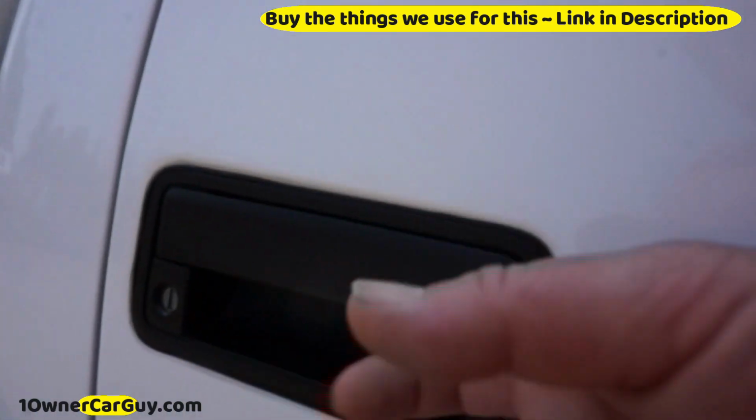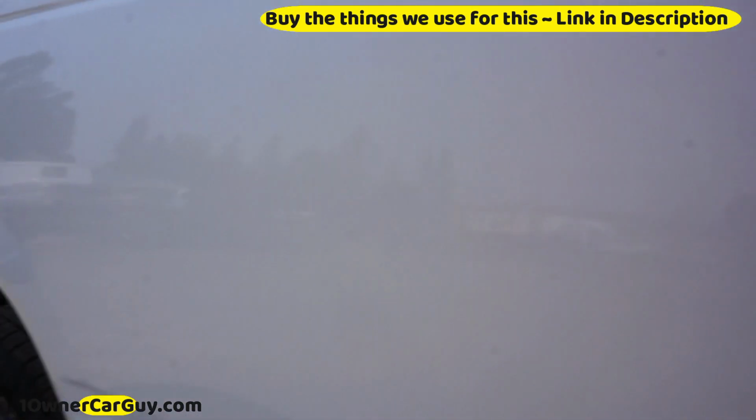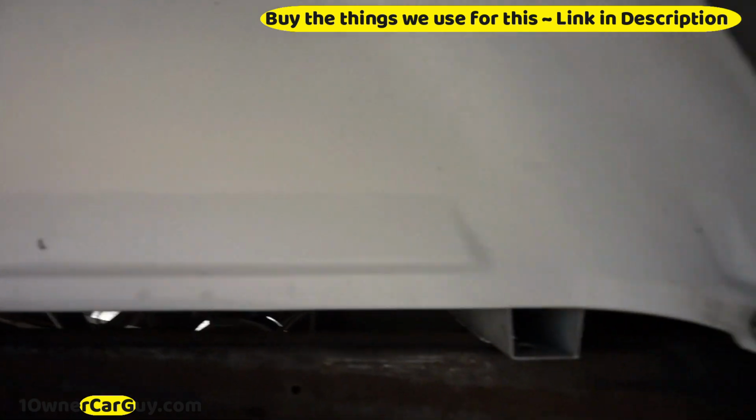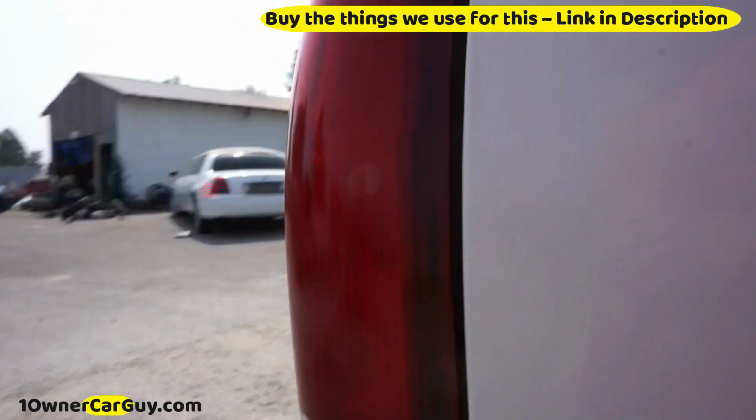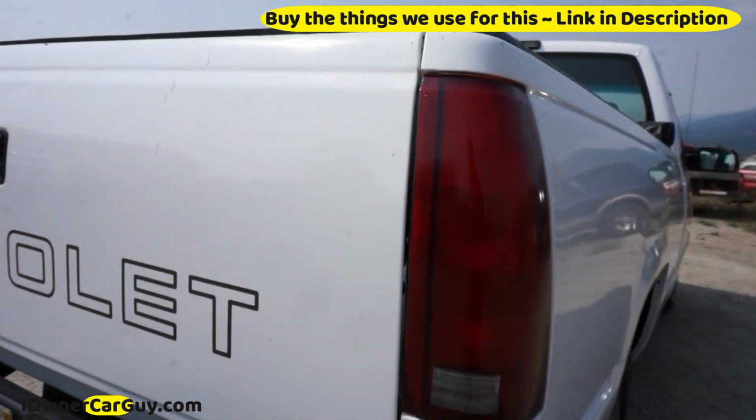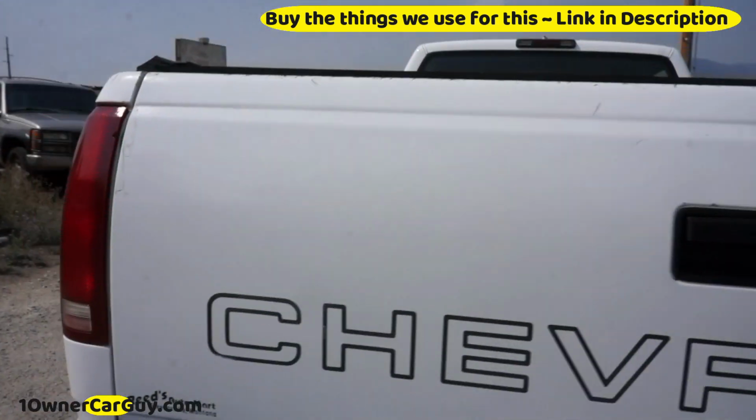I was so amazed. I'm so amazed none of this crap's broke. It's always broke on these Chevys. Didn't have to do nothing but scrub that, and buddy, it looks gorgeous. These lights, they look great. This truck is one of the nicest